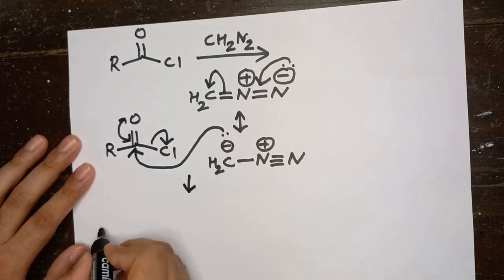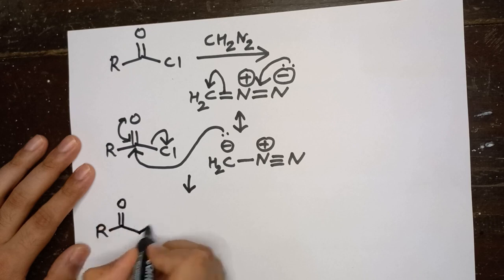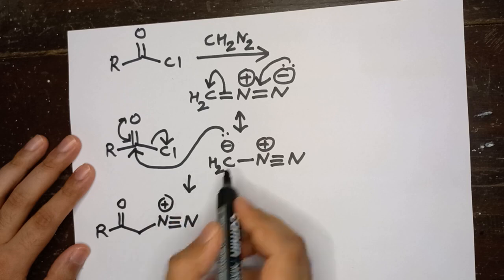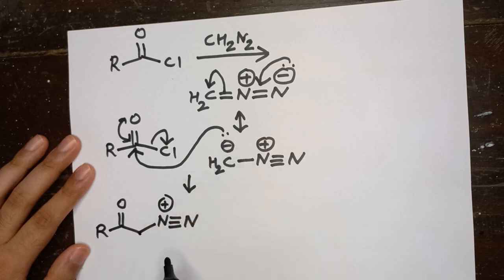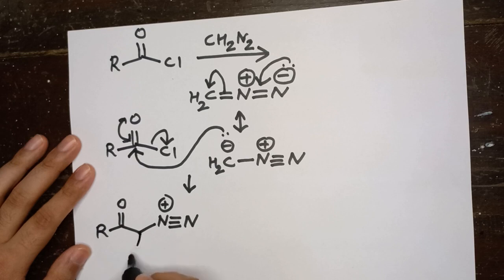So we have generated this. So now this CH2 group is right here. Now the chloride ion which has just left is going to come back,